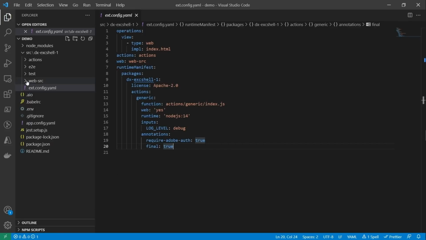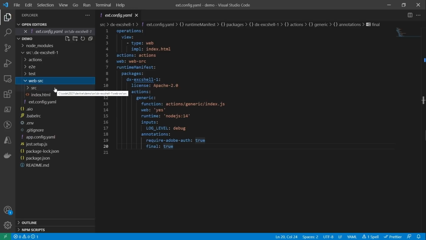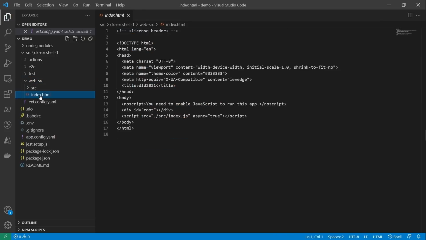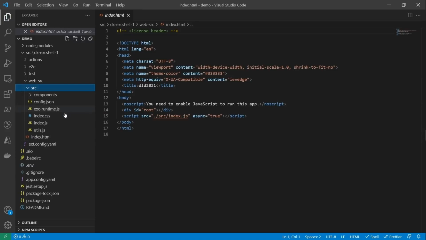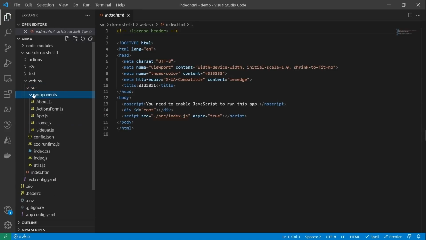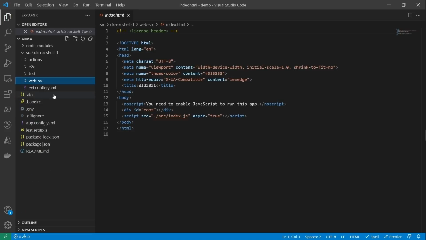And then since we're doing an extension point for the Experience shell, it put in a web source folder for us. And again, our best practices and the built-in boilerplates are all tailored to React Spectrum. So this is a React Spectrum application here. If you look in here, you'll see all the React Spectrum goodies and components and the main. Everything is here. It's great. It looks great. And then you go up to test.